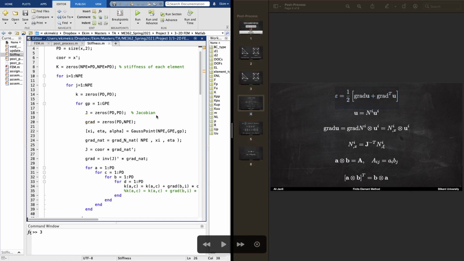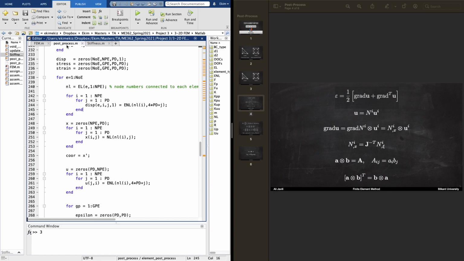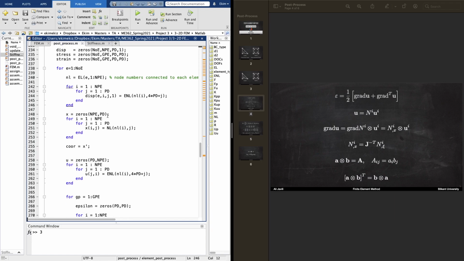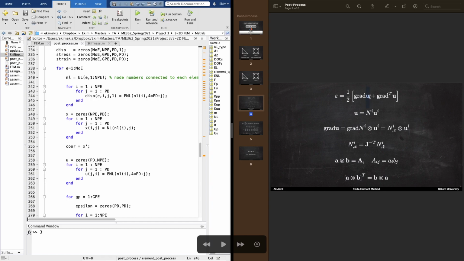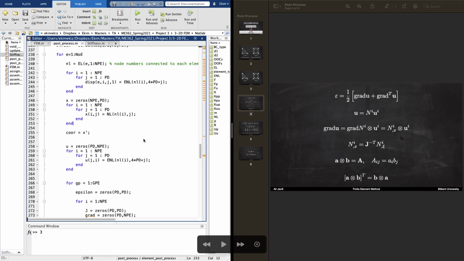So let's see how we do that. Well, first, to do anything, we first need the u, right? So first we start with our coordinates. So we need the coordinates of the nodes. And then specifically we need to have them as column vectors. So these lines here should be quite familiar to you. We did them before. So we first have x as